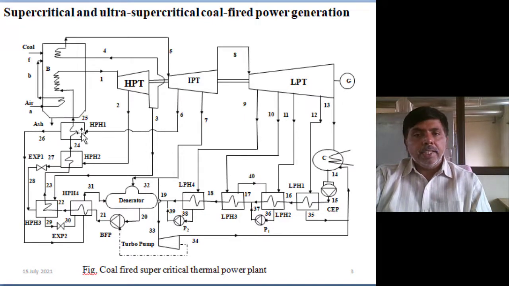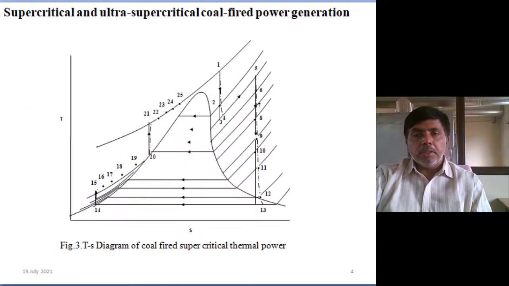In between, 8 extractions are there for feed water heating: one open feed water heater and 8 closed feed water heaters we are using. In the representative TS diagram you can also see how many times we do feed water heating; the 8 feed water heating representations are shown as dots. It's a supercritical thermal power plant, that's why there is no sensible heat addition, only latent heat addition is taking place. In the turbine also, first reheating, next the intermediate turbine, next the low pressure turbine.